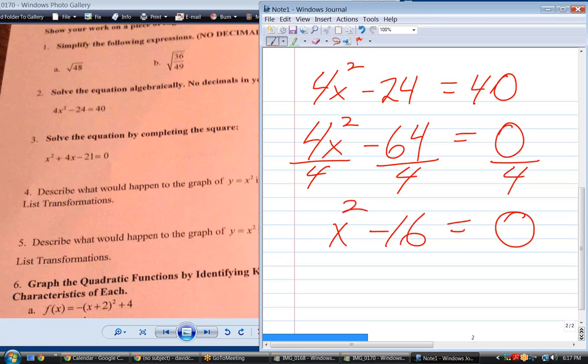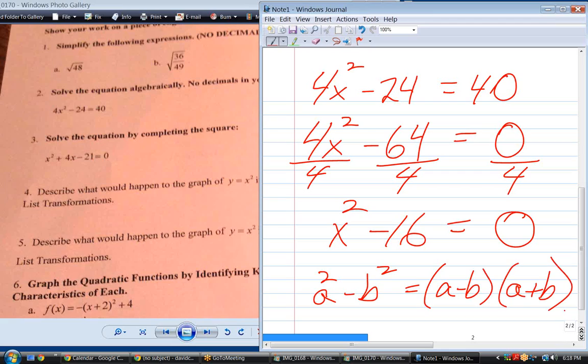And now if we solve this in the more traditional manner, factor x squared minus 16. What's that called? That has its own name. Difference of... I'm not sure. Difference of perfect squares. I don't know if we covered difference of perfect squares last semester towards the end. I thought we did. I'm not sure, but whenever you have the difference of perfect squares, such as a squared minus b squared,